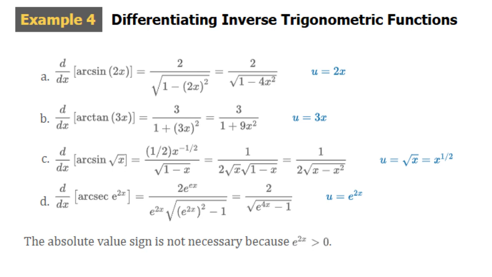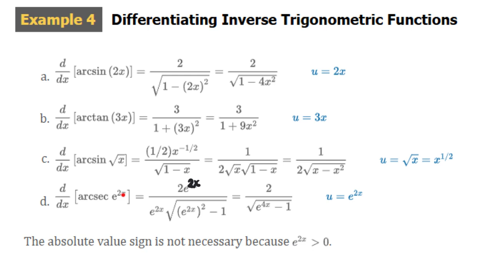Finally, part D, we have the derivative of arcsecant of e to the 2x. The derivative of e to the 2x is e to the 2x times 2. This should actually be a 2. That's an error from the e-text. So our derivative is 2e to the 2x